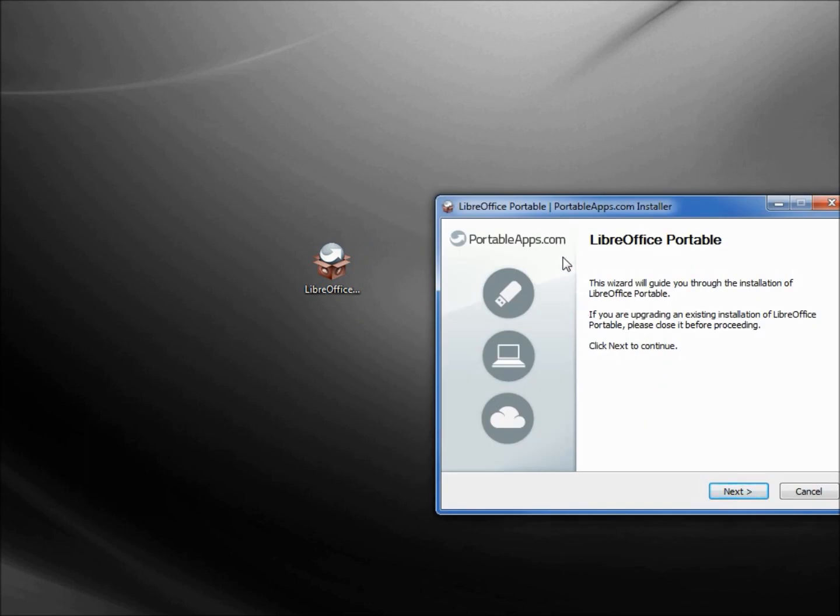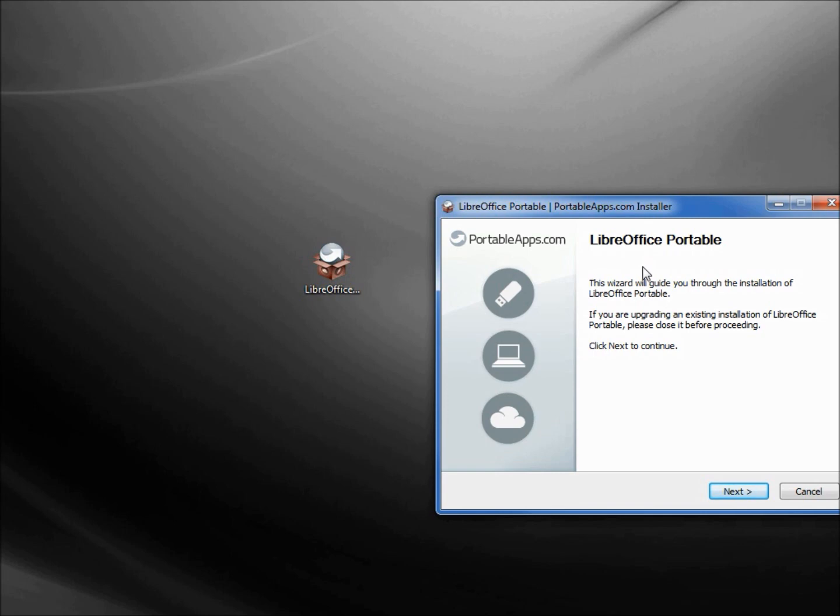Now we see something that says PortableApps.com Installer. Didn't I say that we're not going to install this program? Just run it from a flash drive without installing it? And the first thing we see is something that says Installer. Well, this is the first in a handful of videos, so we're going to talk about this either next week or maybe the week after, I promise. But for now, we're going to think of this as the files were all zipped up for a quicker download.